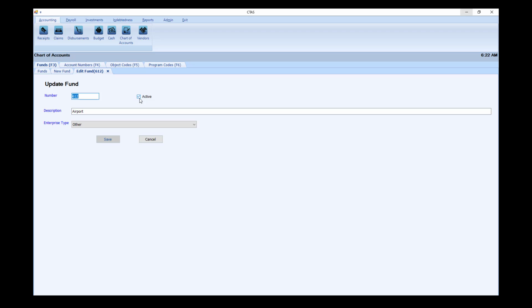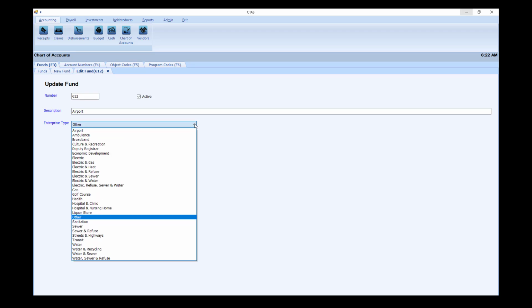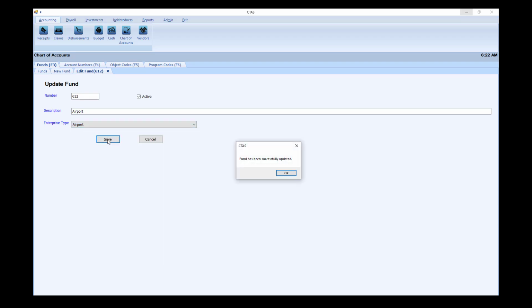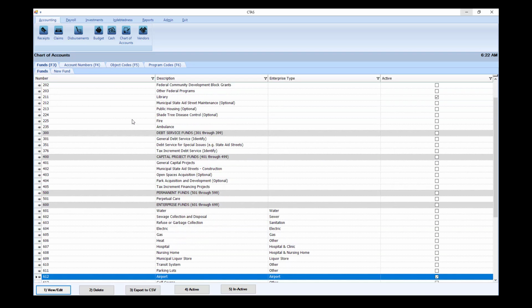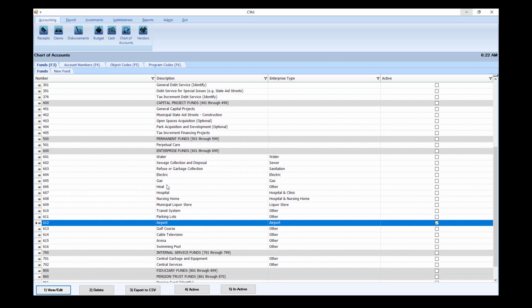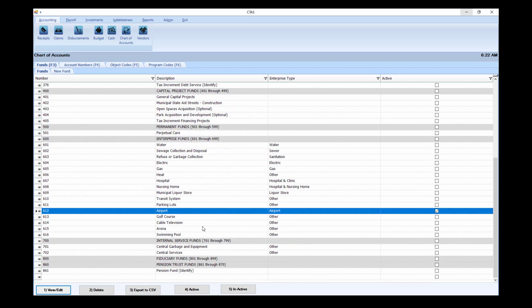When I select the active box, there is an enterprise type drop-down. Here you want to select the type that associates with your fund name, airport, and then select Save. If you are not using enterprise funds, you do not have to select a type. The type only comes in when using enterprise or internal service funds.